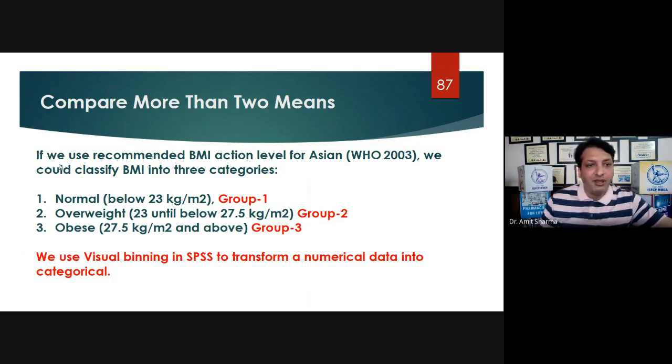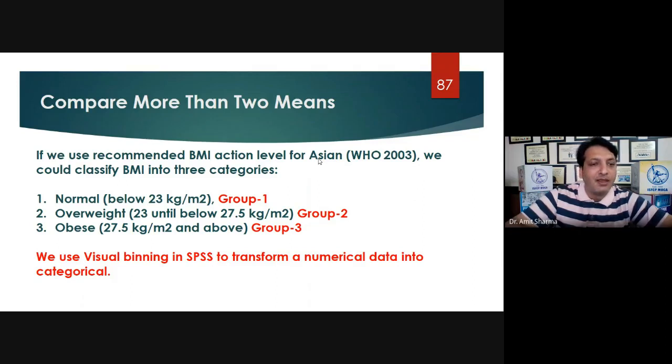We used to recommend the BMI action levels for Asians, WHO 2003. This is the guideline by which you can convert the BMI into three different categories. Like yesterday, I was converting numerical data into categorical data.